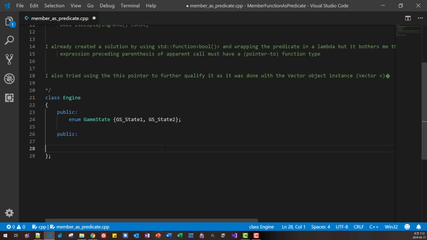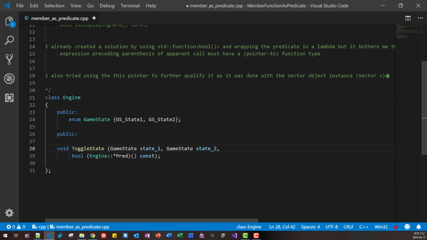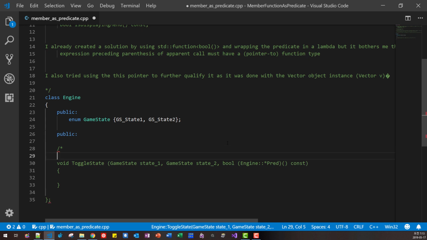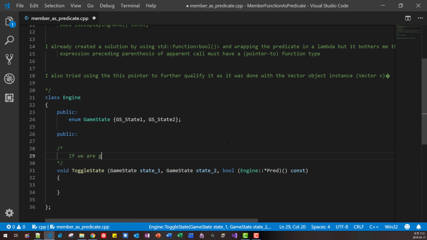I copied it here. We don't need this. Then let's see. We take two parameters, game state, like this. I think he missed one thing. If we are going to use a member function, if we are going to use a pointer to a member function or member data field,